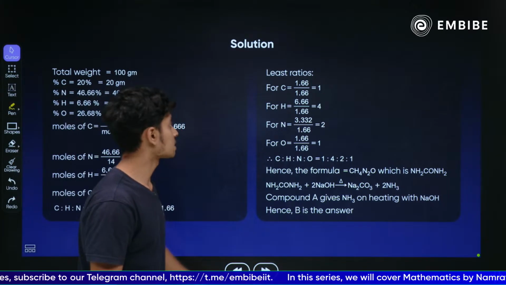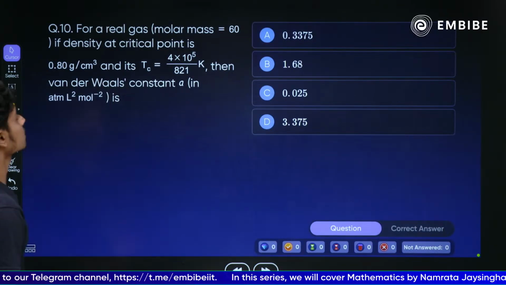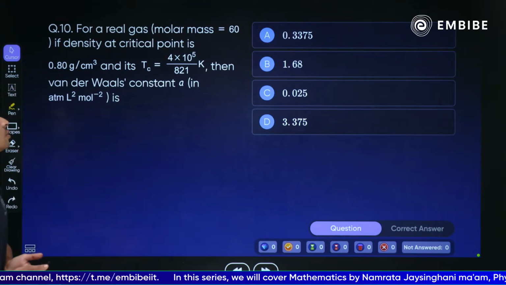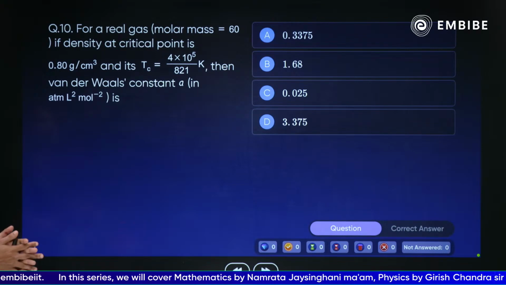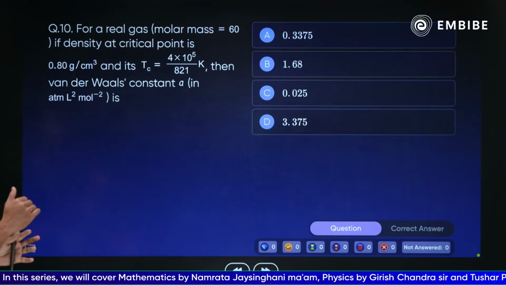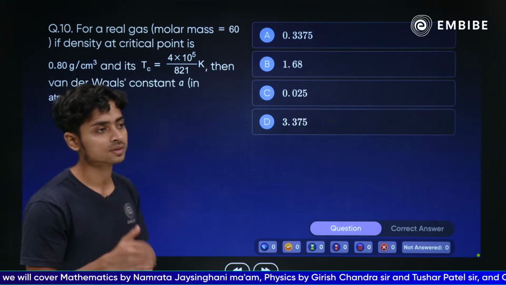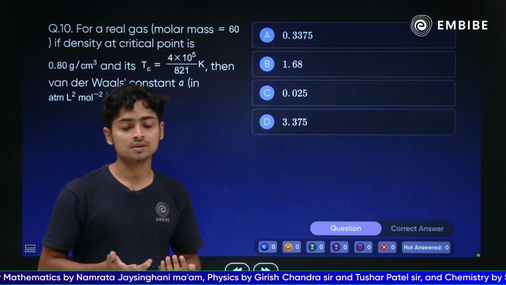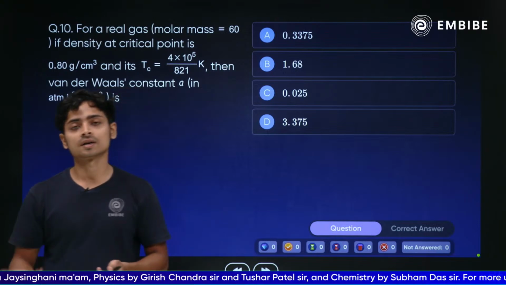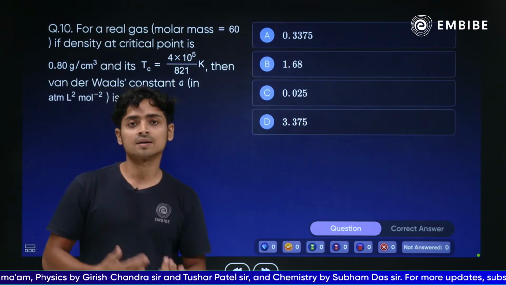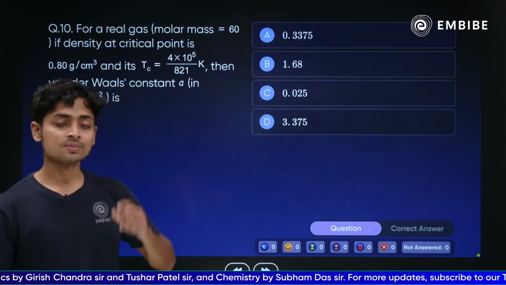नेक्स्ट क्वेश्चन। तो नेक्स्ट क्वेश्चन बच्चों, इसको आप ट्राई करो सॉल्व करने के लिए। फॉर अ रियल गैस, क्रिटिकल पॉइंट क्या है, क्रिटिकल पॉइंट वो है जहाँ क्रिटिकल टेम्परेचर आता है, उसके अबव आप गैस को लिक्विफाई नहीं कर सकते हो। क्रिटिकल टेम्परेचर पे जो प्रेशर होगा वो क्रिटिकल प्रेशर हो गया, क्रिटिकल टेम्परेचर पे जो वॉल्यूम होगा वो आपका क्रिटिकल वॉल्यूम हो गया, ठीक है।